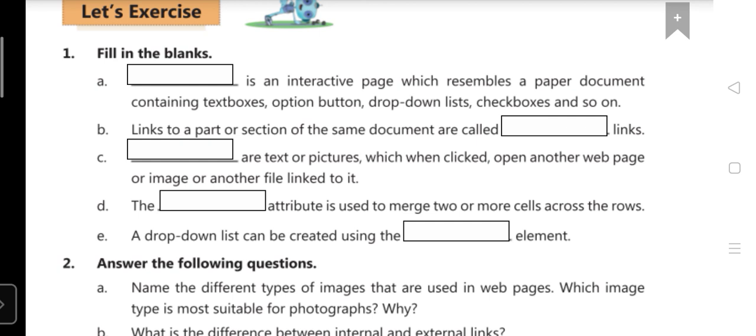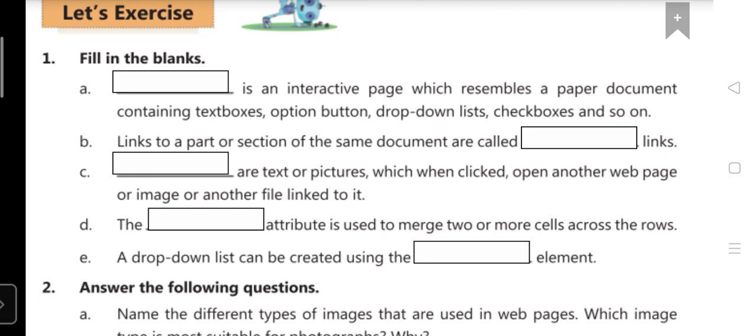In which type of web page will all these options be included: the text box, option button, drop down list, and checkbox? Option button means a radio button.